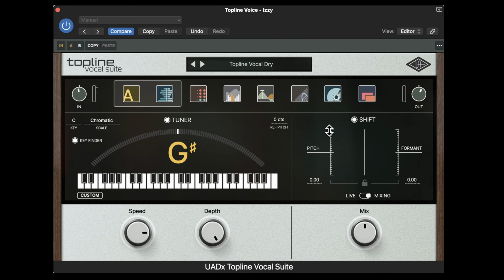Now for this first section on the tuner, we need to determine what key we're tuning to. If we listen to a bit of this vocal,